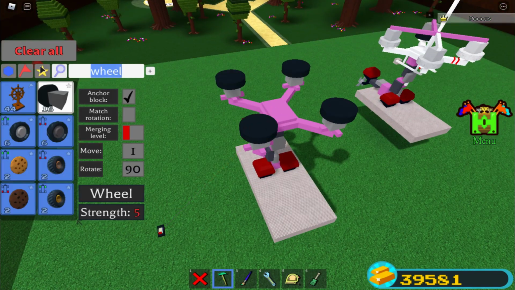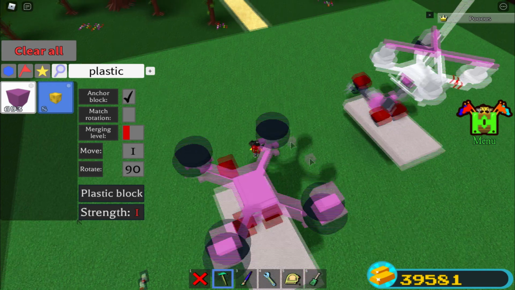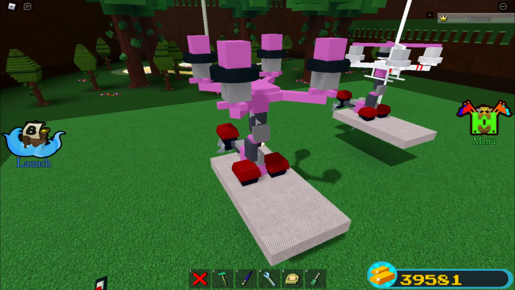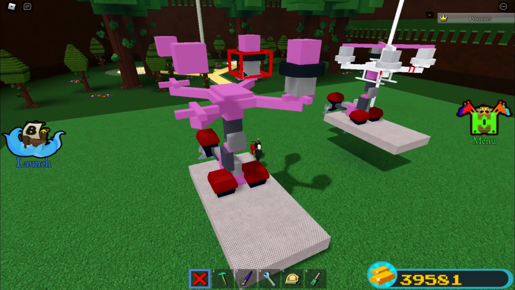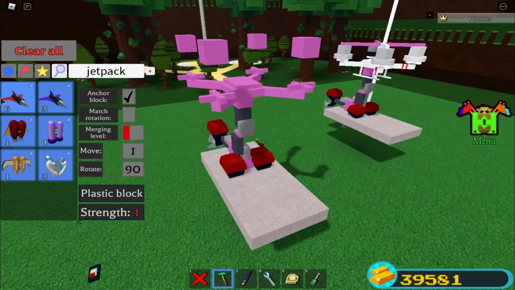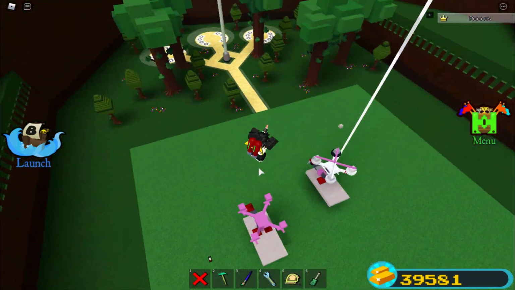So go ahead and get a plastic block again and place it on top of each wheel. Now go ahead and delete each wheel. So I'm gonna delete each one, and then I'm gonna actually get a jetpack and jetpack up here. So let's get our normal jetpack, and I actually have it equipped, so I'm gonna go ahead and get back